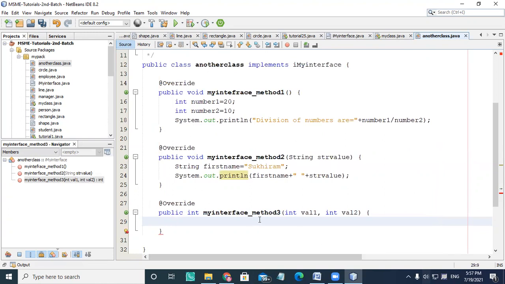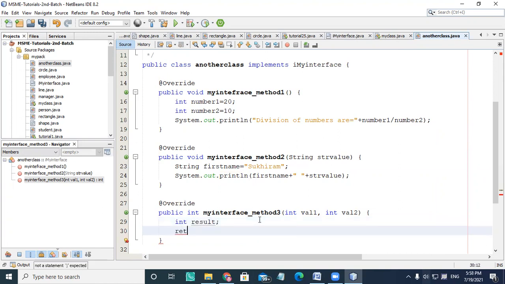Now it's returning an integer value, so I may use a result here and return that result. And I will assign another procedure here: result equal to val1 minus val2.